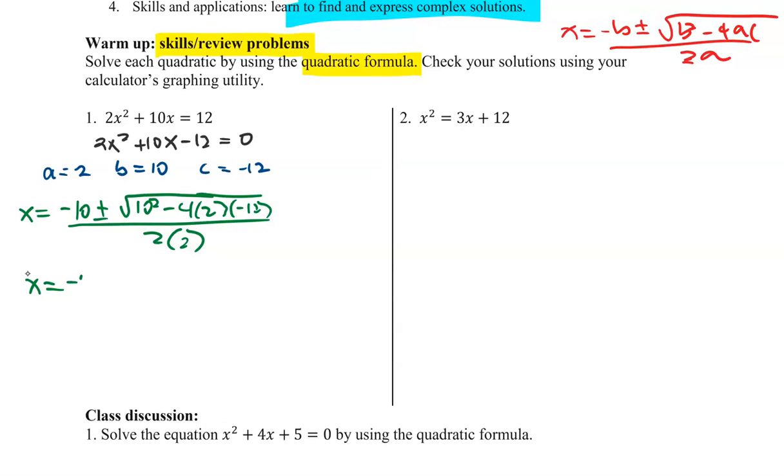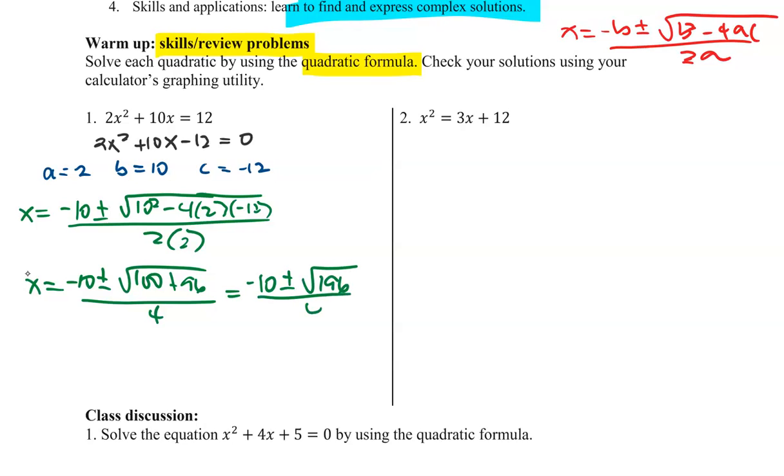So x is equal to negative 10 plus or minus, 10 squared is 100, 4 times 2 times 12 is 96, all over 2 times 2, which is 4. Negative 10 plus or minus the square root of 100 plus 96, which is 196, over 4. And the square root of 196 is 14,